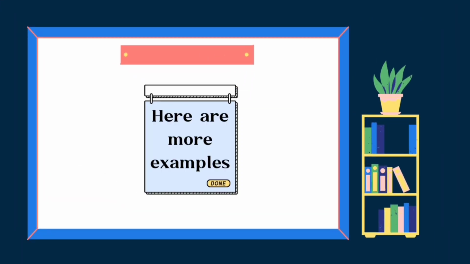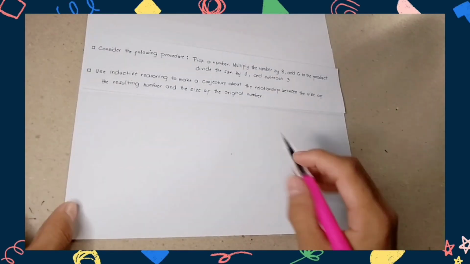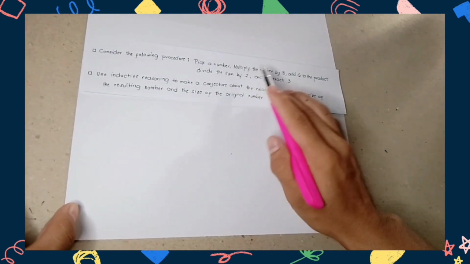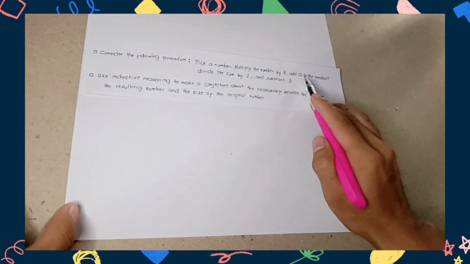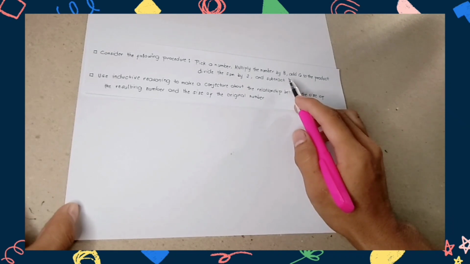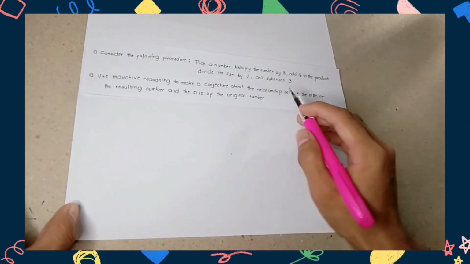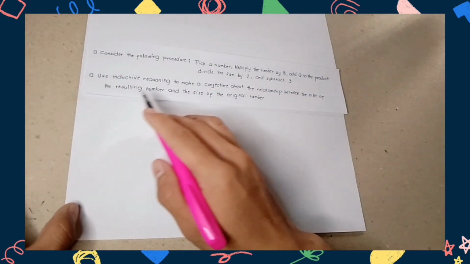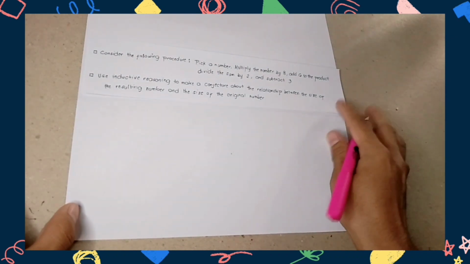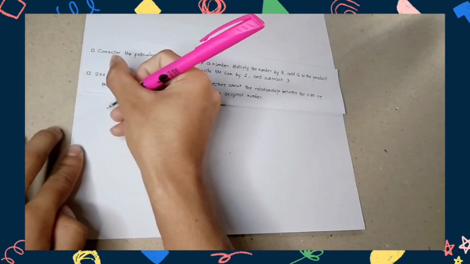Here are more examples. Use inductive reasoning to make a conjecture. Consider the following procedure. Pick a number, multiply the number by 8, and add 6 to the product, divide the sum by 2, and subtract it by 3. Use inductive reasoning to make a conjecture about the relationship between the size of the resulting number and the size of the original number. So, let's try an example. We say that let the original number